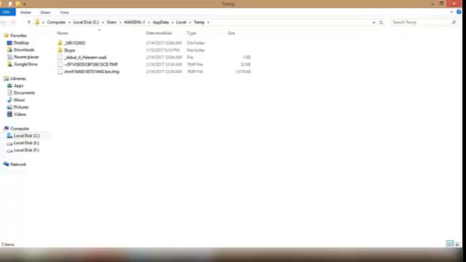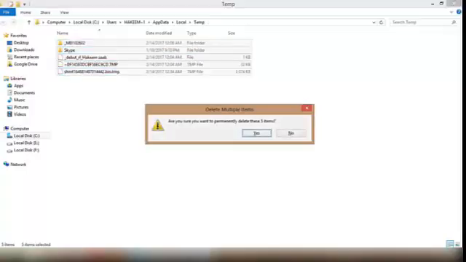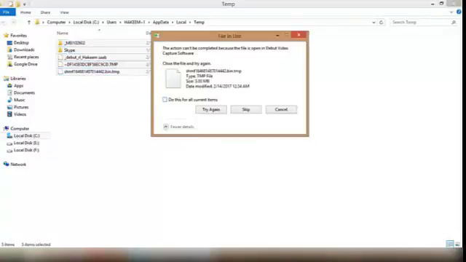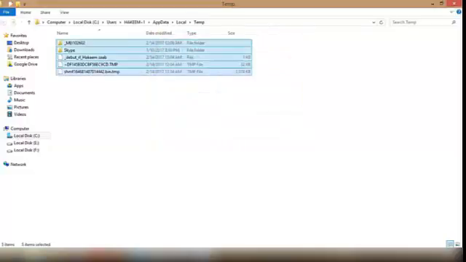Once you go through that process, there is another thing that you have to process. The process is a bit the same but with slight changes in the call to action. So first I will select them all and hit Shift plus Delete. There are 5 items, so these are the friendly files, so I have to skip them and move on.